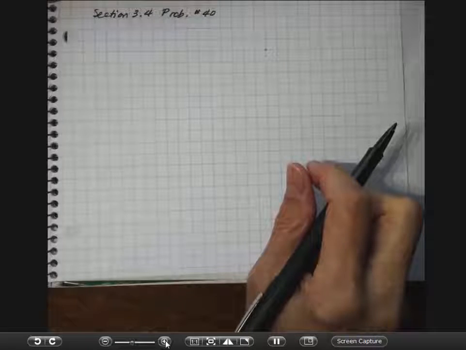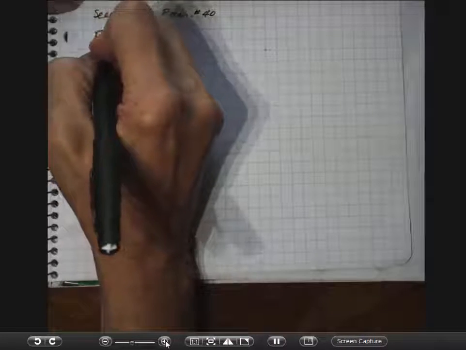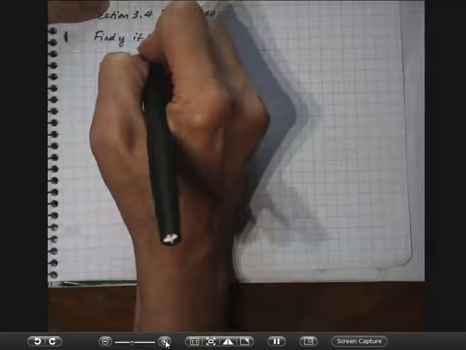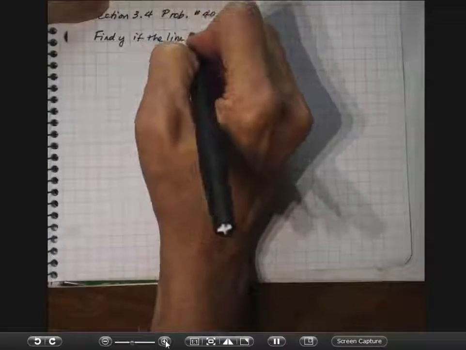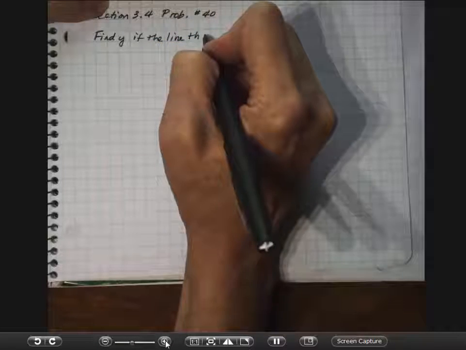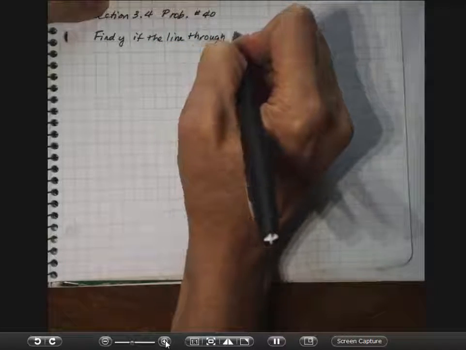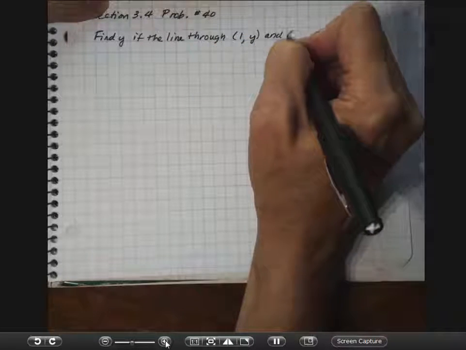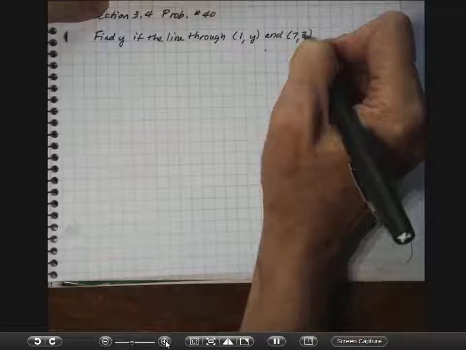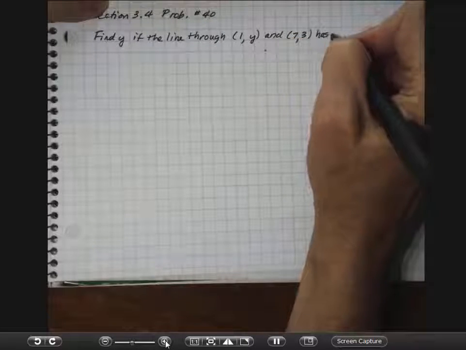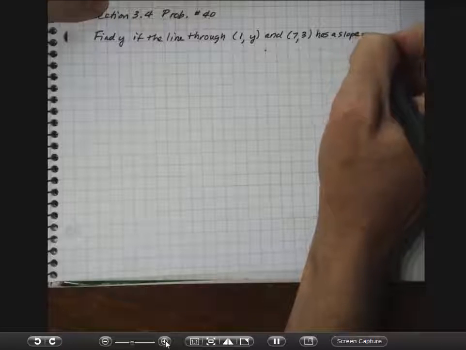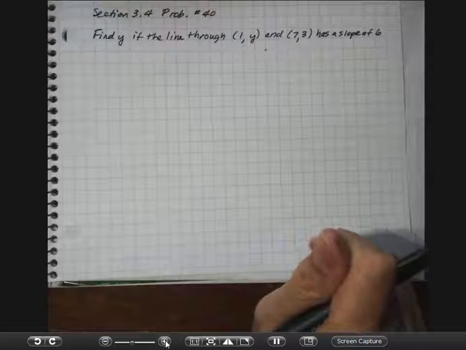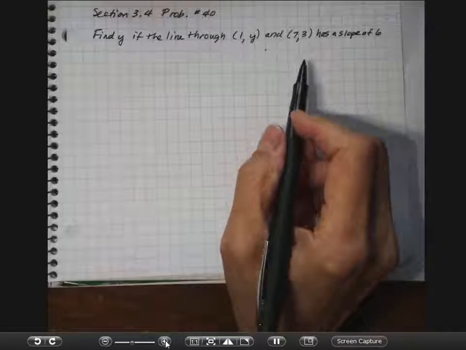To find y. So we're going to find y if the line through the point (1, y) and (7, 3) has a slope of 6. Now, if you remember in class on Wednesday, we tried this problem by graphing, and we realized that our graph